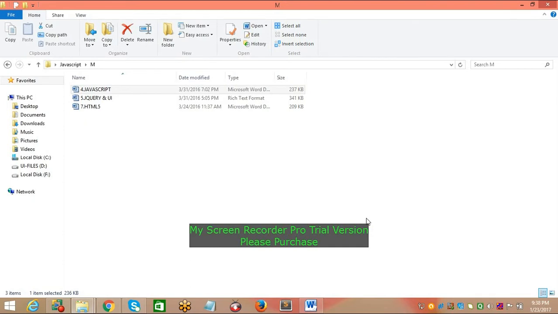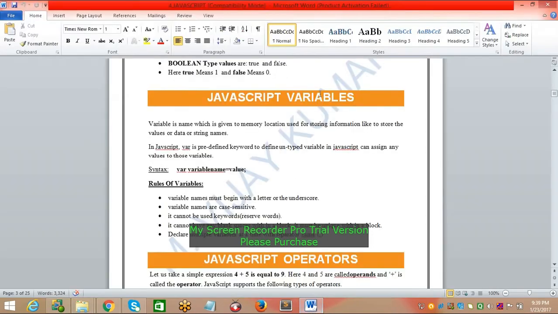So, in this tutorial, we are going to discuss JavaScript variables. What are JavaScript variables, and what is the importance of JavaScript variables from a scripting point of view? From JavaScript, there is one small idea and one example I want to share with you: why we use variables in JavaScript from an application point of view.